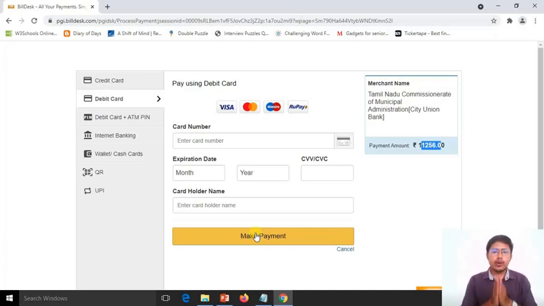Okay, now here there are two possibilities. For both the cases, I will tell you what to do. Suppose when you make the payment successfully, your payment went through, you will get a confirmation that your transaction is successful. You can print that page, or you can take a photograph of that page as a proof with you. Otherwise, you may find it written there that your payment is successful, but your receipt is not generated.